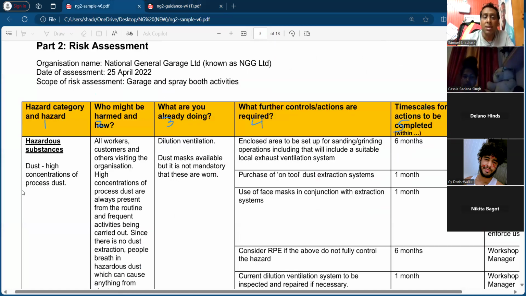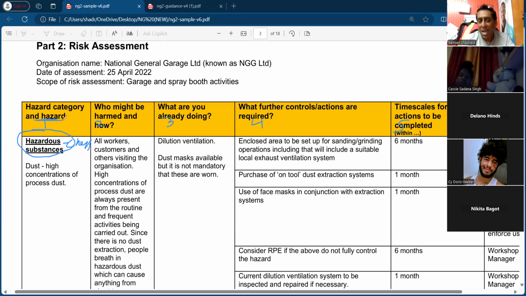So can we use hazardous substance? Yes. However, we needed to say if this was chemical or biological. Now, because I say they have dust, I'm going to put hazardous substance here, chemical. Right? So the proper category is hazardous substance. The word chemical is actually missing from this, right? I just put chem. So when you choose your hazard category, well, if that was the hazard category, well, then